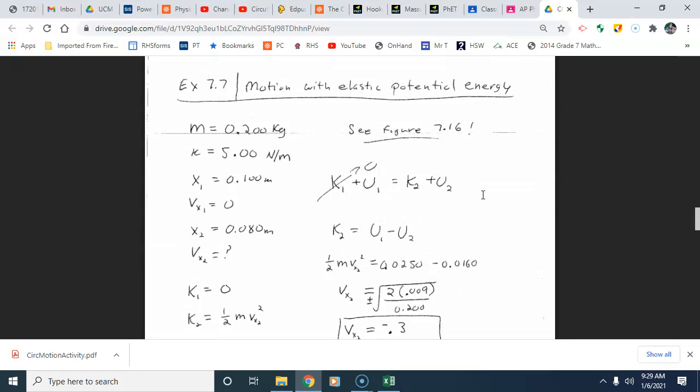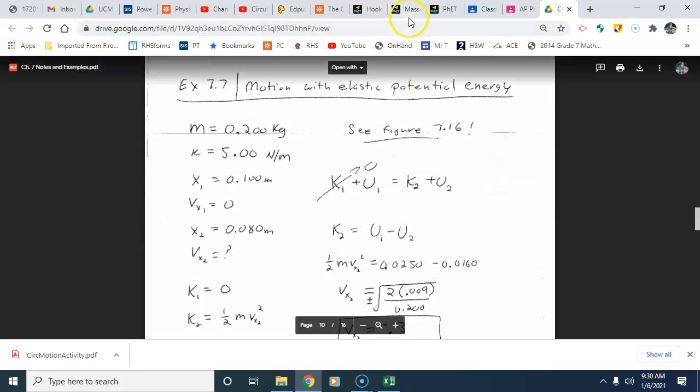It's connected to a spring with a force constant K of 5 newtons per meter. If a problem never gives you what K is and it seems like you need it, look out. They probably give you the force and the distance stretched or compressed, where you could use Hooke's law to find it if needed. But this one straight up gave us K. You pull on the glider, stretching the spring 0.1 meters, and release it